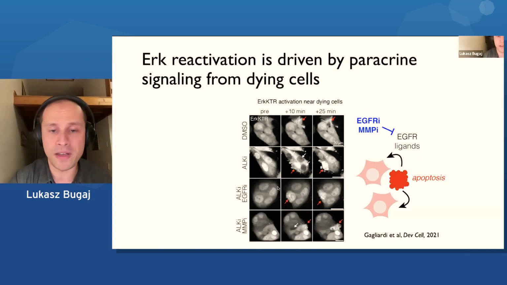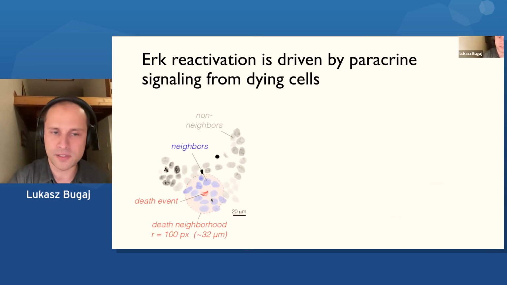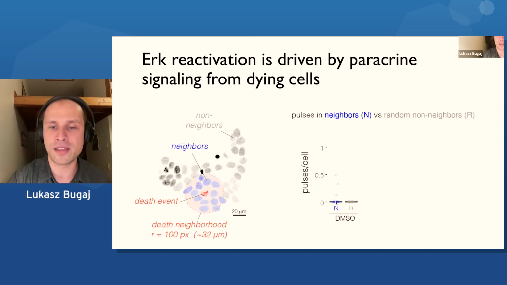And basically what we found is that co-treatment of ALK inhibitor plus either of these drugs blocks all of this pulsing. Here are cells dying, the neighbors no longer pulse in response to either of these co-therapies. We can do this very systematically. We can find every single cell that died on our video. We can identify neighbors in a certain radius and compare the pulsing in those neighbors to non-neighbors. And we find that without drug, some cells die, but again, there's no pulsing. When we add ALK inhibitor, there's a lot of pulsing, and all of it is in these neighborhoods of dying cells. And then when we do these co-therapies, we can